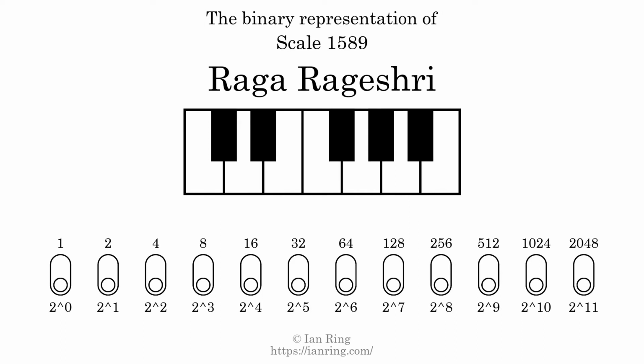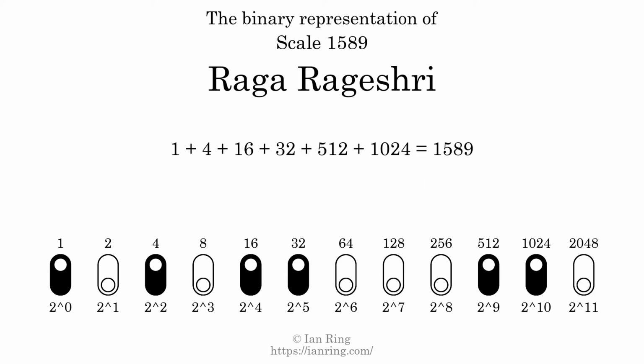The binary representation of this scale is determined by mapping tones of the scale to binary digits. Each binary digit represents a power of 2. To get the scale number, we add the powers of 2 together. The powers of 2 that are present in the scale, all added together, equals 1589. That is why the scale number, in decimal, is